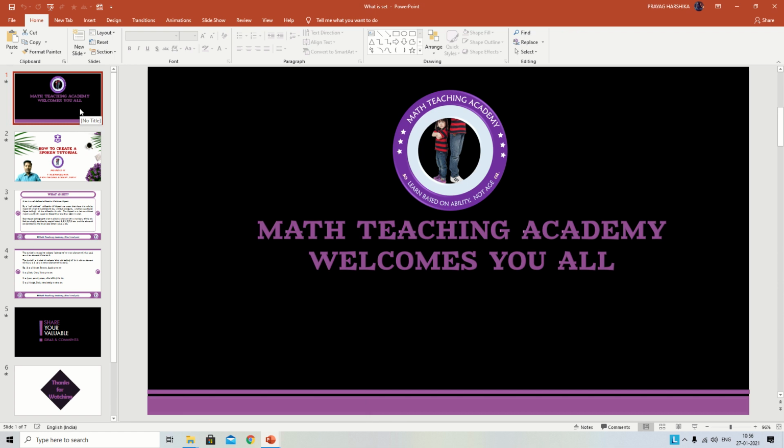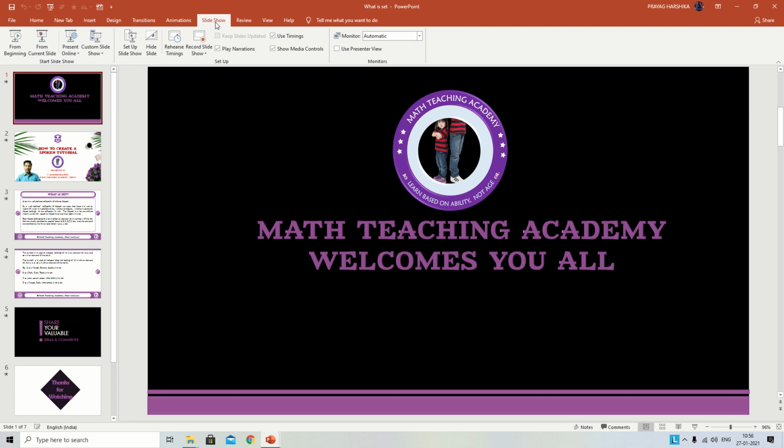Before starting a spoken tutorial, select the first slide and then go to the slideshow button and click it. Then this tab will be visible on your screen. There you can find an option called record slideshow, and then click the drop down key. Then this option tab will be displayed. Here you can find three options called record from current slide, record from beginning and clear. Now I am going to choose record from beginning. So click this button.